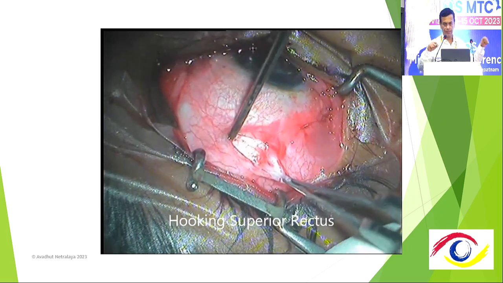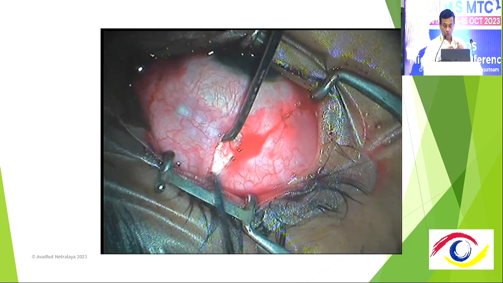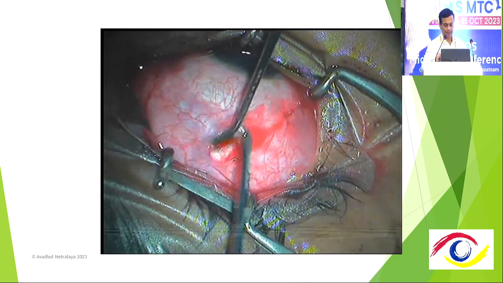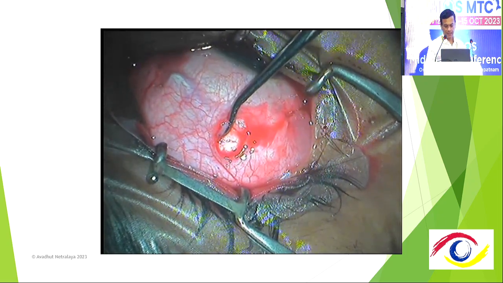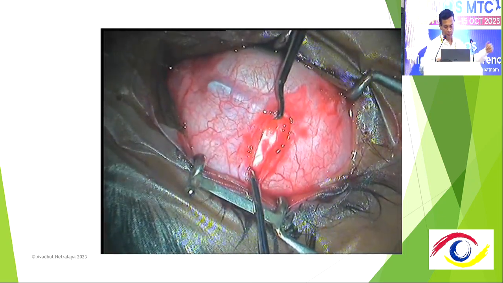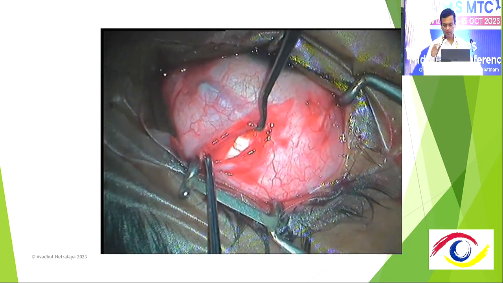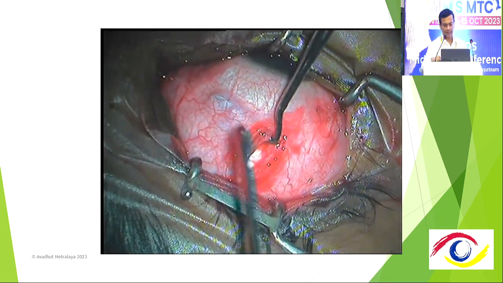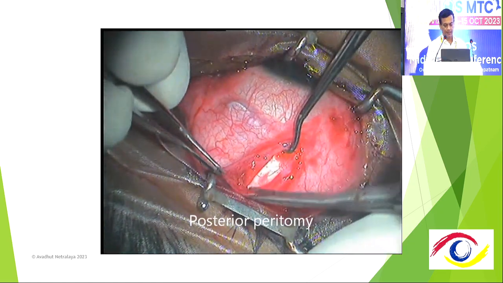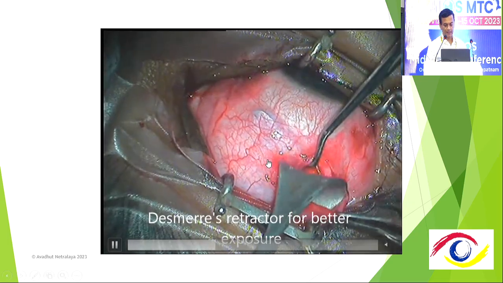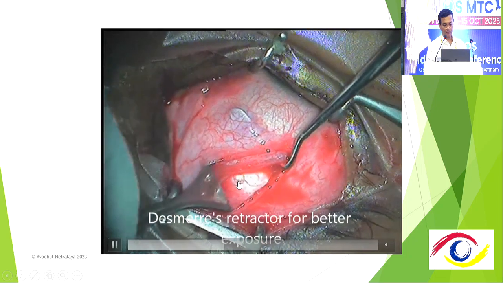Remember that before doing this surgery, do a force reduction test to confirm that it is Brown syndrome, and also to see how much restriction the superior oblique might be having. After that you hook the superior rectus and stabilize it with a Jameson hook. The second hook was a Jameson hook, and then you try to explore the superior oblique. The fibers are very much behind, so you give a radial cut in the conjunctiva to have a proper exposure. Then you apply a Desmarres retractor or Barbie's retractor, and then you see the superior oblique